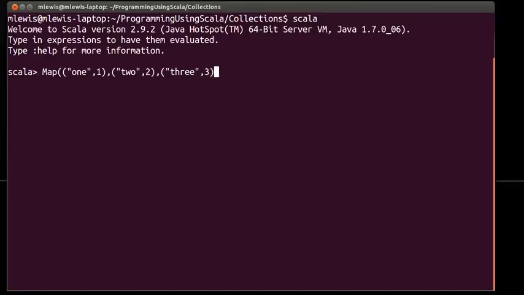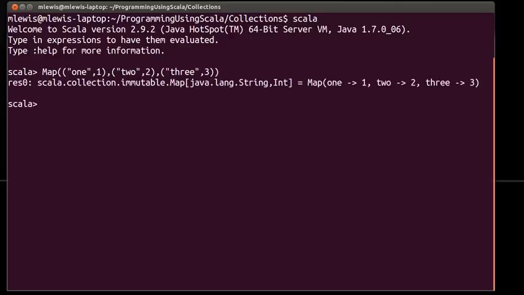Three. Okay. That is one way of building a map. And so the map takes arguments that are tuples. There are two tuples. The first value is the key, the second value is the value that that key relates